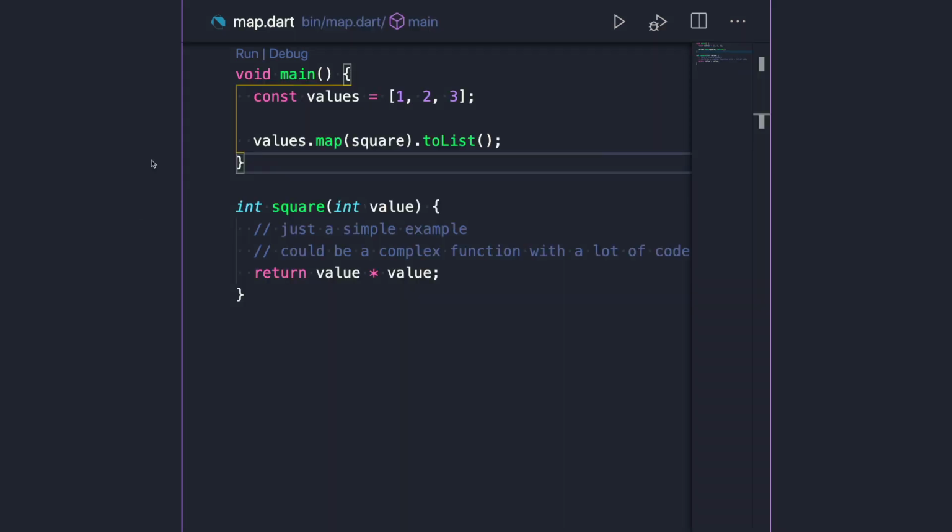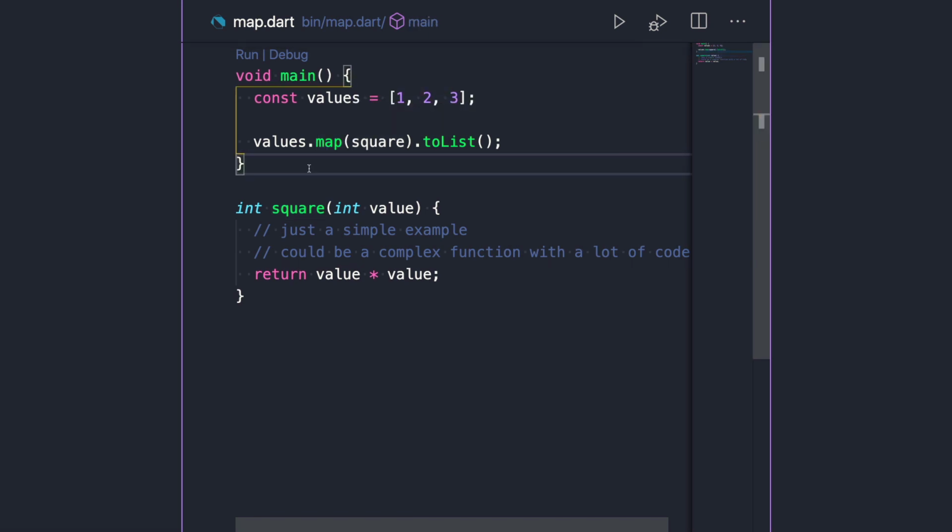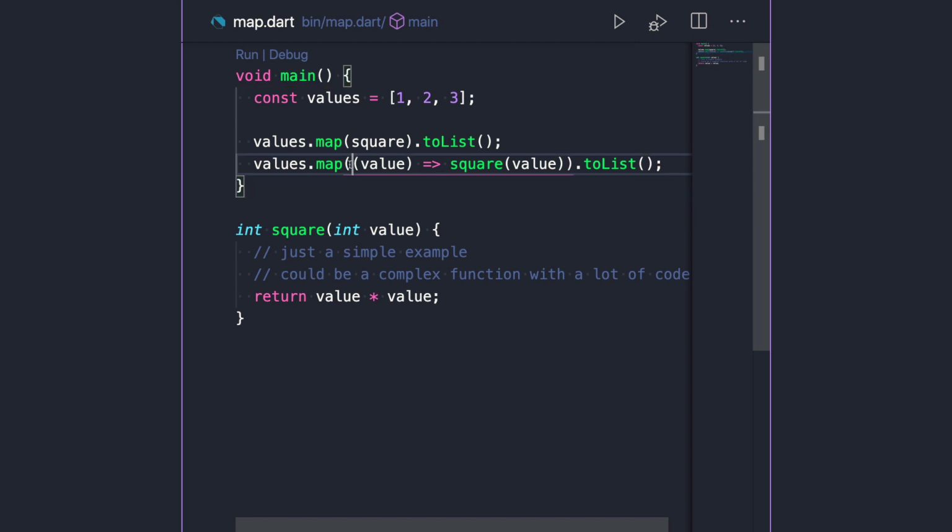This also means that when you use functional operators such as map, where, and reduce, you can define a function that performs the transformation that you want on your input values, and then you can just pass the function name as an argument to map. In other words, you don't need to expand this to an anonymous function, because the signature of this function is exactly what the map operator expects.